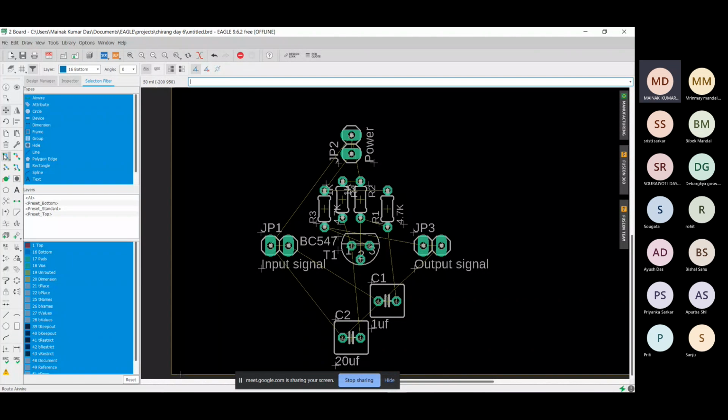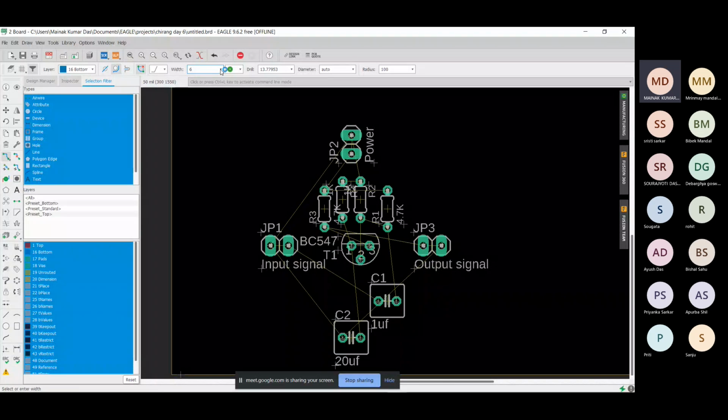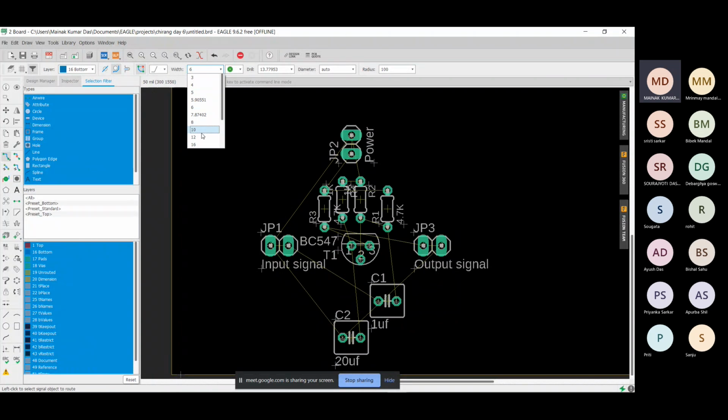Okay, so that is route wire, and choose this. By default 6 is chosen. Okay, by default 6 is already chosen by the software, but here in this case I'm choosing the width of the copper traces as 12 only. Okay, so just